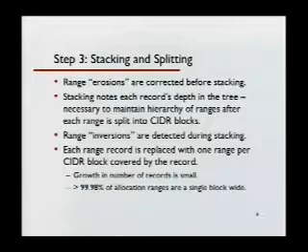So after we've got a single unified list of ranges, we correct the erosions. I'll be showing an example of that in a second. Then we stack the ranges into a tree. So we build the tree out in memory. We take a look at the depth of each range in the tree. The reason this is important is later on we're going to split them into CIDR blocks. Now if you happen to have an allocation that is 4 blocks wide and underneath it has an allocation that is 2 blocks wide,